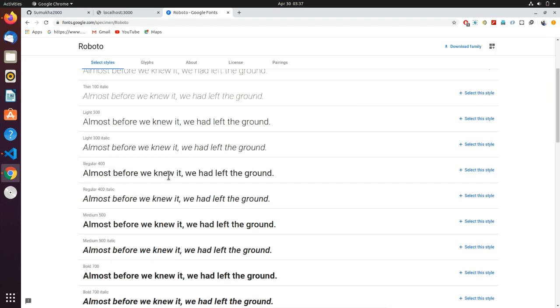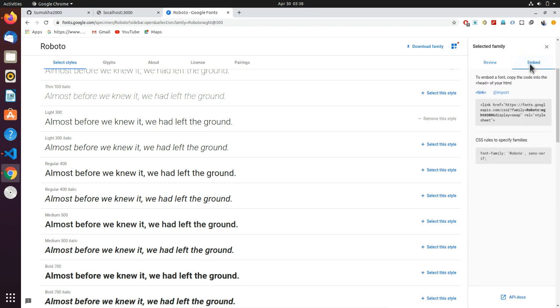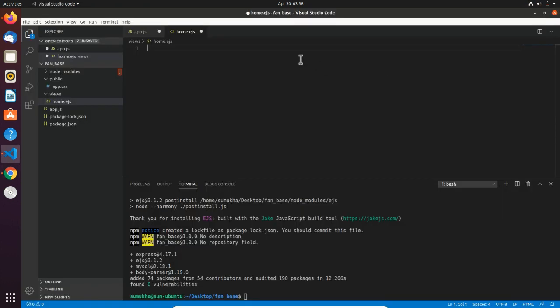Okay, I'll choose this regular 400, or else I think I'll go with this, light 300. So go to embed and just copy this. Okay, let's come back, then paste here.